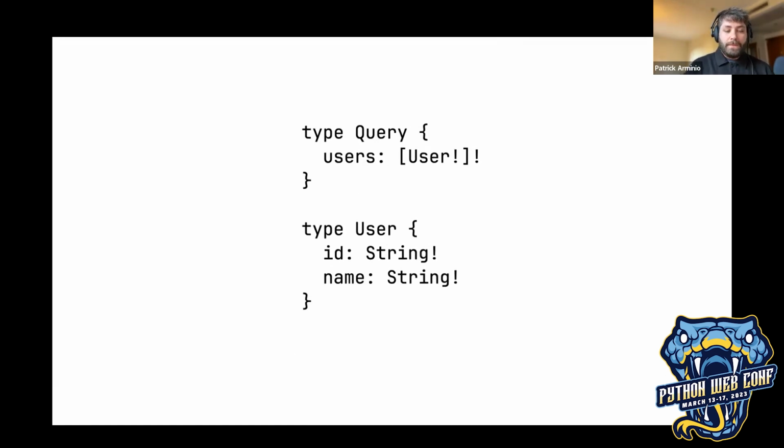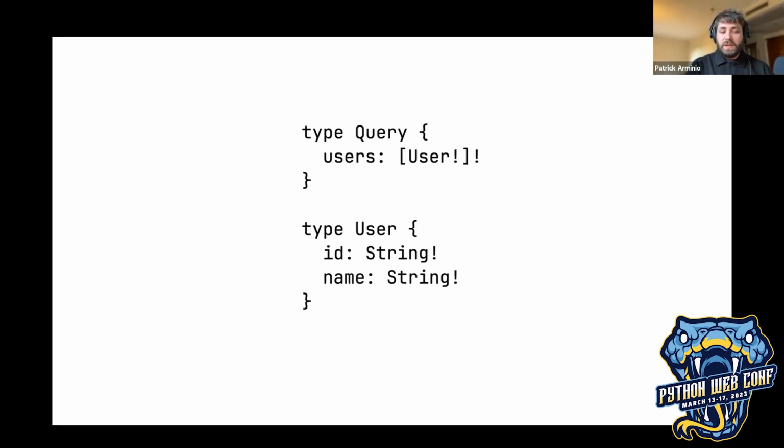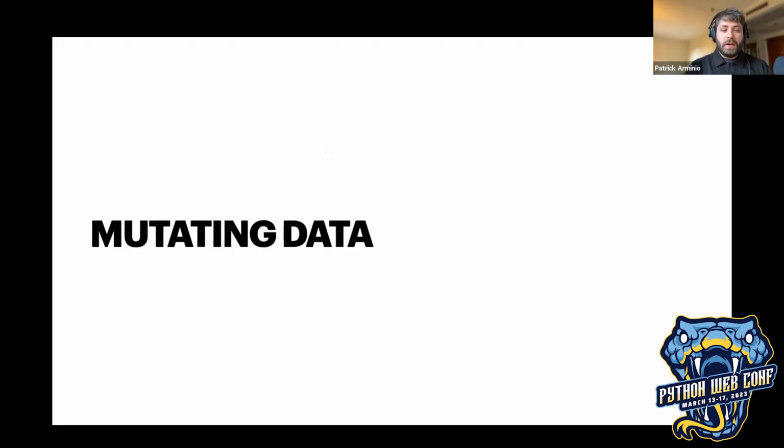And then the other type that we have is the user. This user has an ID and a name, both of type string and non-nullable. You can imagine this becoming quite big and having a lot of fields, and this query would always work. Even if the schema had many more fields, you were still able to do that query and only get those fields back. And this works also for mutating data. So far we have only talked about fetching data in GraphQL, but just like REST APIs or any other kind of APIs, you're still able to mutate data.